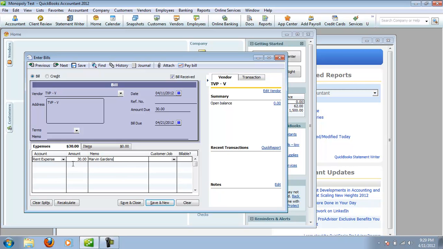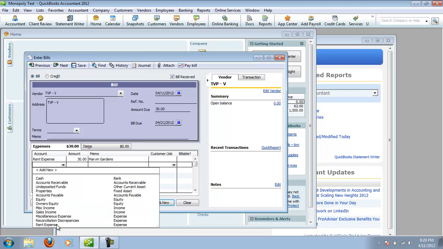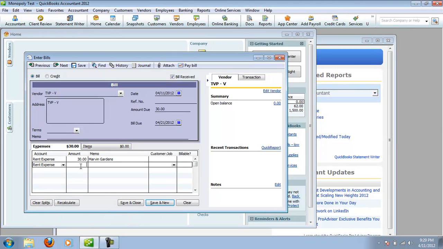And then maybe I also land, let's put another rent expense. I also landed on a Reading Railroad. Oops, that's not what I wanted, and that was $25. So Reading Railroad, there we go. I really don't need to fill in the customer job or billable. That's stuff we could talk about later, but for our sake, all I need is a memo, the amount, and the rental expense. So I'm going to click Save and New,